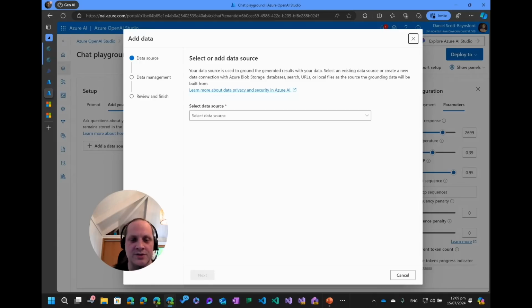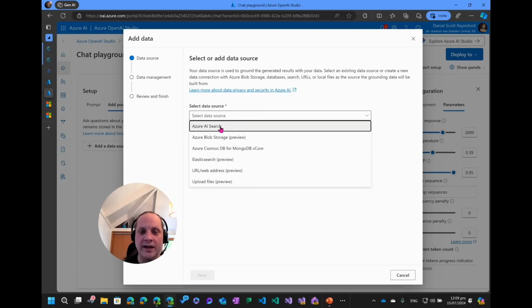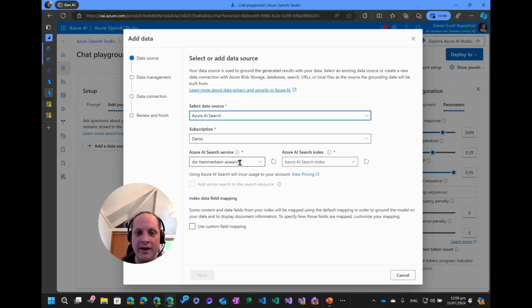So if I click add your data source, I'm going to demonstrate building a product solution that looks at a product database, a database of products, and provides product recommendations based on inputs from the user. I have already configured an Azure AI Search service. This is a search service that allows us to search over an index of documents or data. This is already pre-configured. We will talk a little bit about that in a later session. I have got a pre-configured index called products. That is essentially a list of all the products. In that service, I am going to,